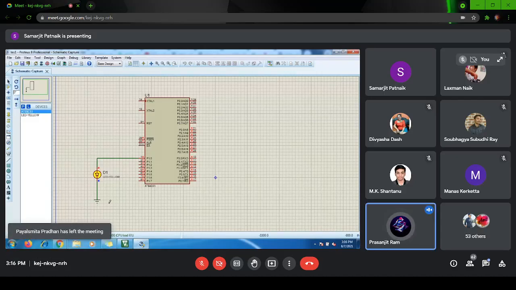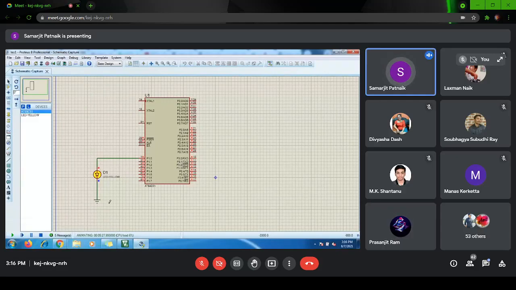Sir, because Atmega 16 is a little bit more advanced than 8051. That's why I have asked you to install both software: one is Microchip Studio and one is 8051. Yes, sir. Let me show you Microchip Studio also, because in any case we will be completing those 8051 class programs in lab classes or in theory classes separately.